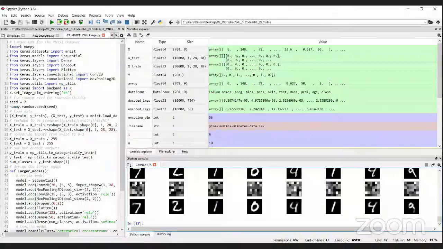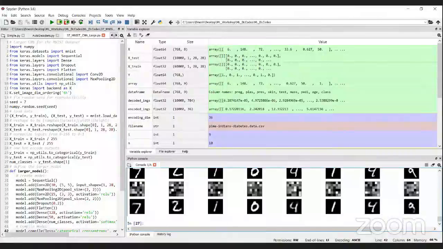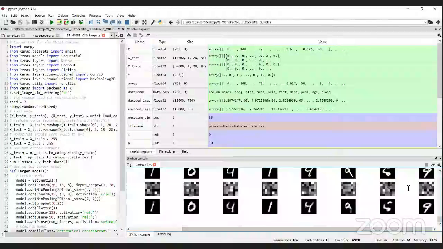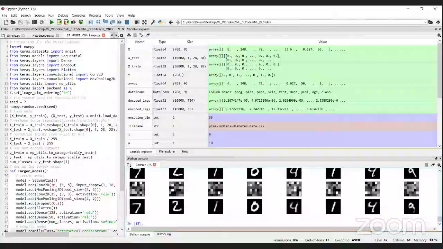From 36 data points, when I reconstruct the image, this is how I am able to reconstruct it. The input is the first row, the middle one is the encoded data, and the last row is the decoded data. You can clearly see that in almost all cases we are able to reliably reconstruct it from the 36 data points. That means these 36 data points are good enough to do classification. You can use them for any classification, treat it as dimensionality reduction, or use it as a data compression technique, and so forth.